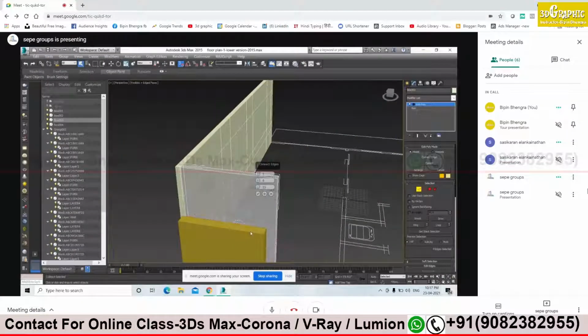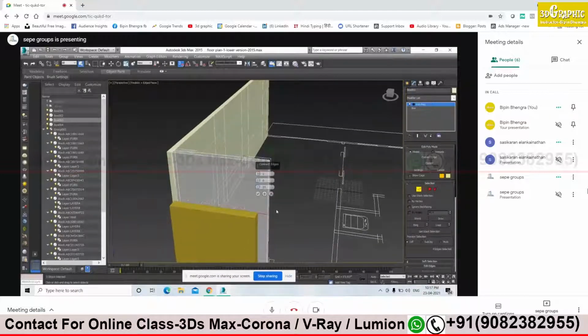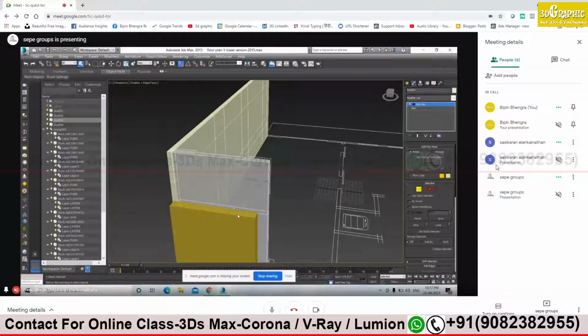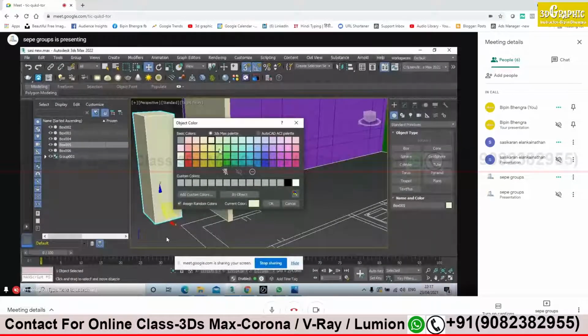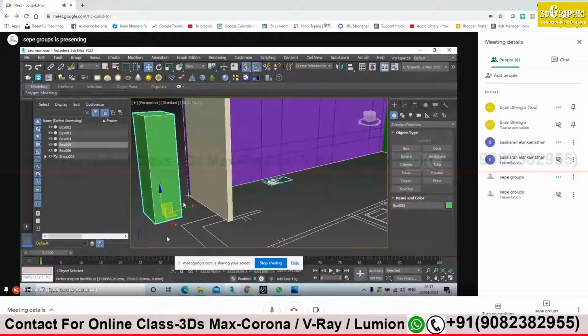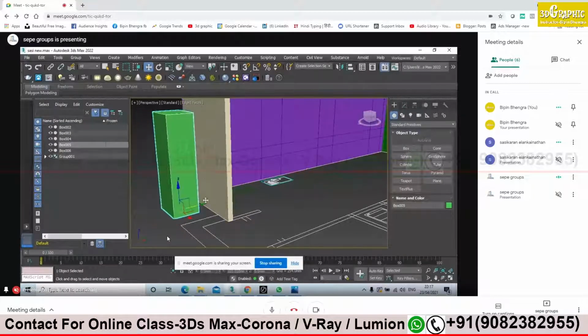Yes, Priyanka is doing good. Yeah, that's right. I think you have deselected the edges. Priyanka, can you do Control Z and see? I think you have deselected. Yes, now you got the edges. Yes, correct. Now just click on the tick sign. Yes, you are good. And let me see Sasikan's work. Okay, nice. Yes, good.